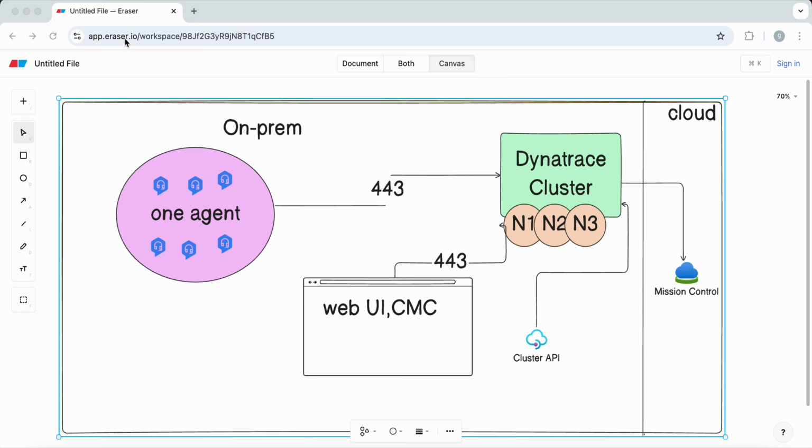In today's very complex digital landscape, where we are moving from monolith to microservices, understanding the performance and health of your system is crucial. Dynatrace offers a unique architecture that not only collects vast amounts of data but also transforms it into actionable insight. We will start by exploring the Dynatrace AI-driven platform,